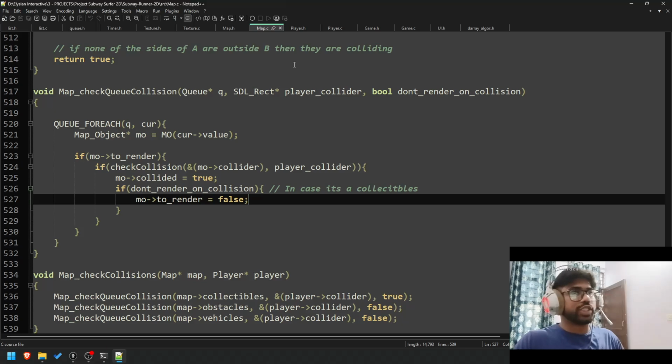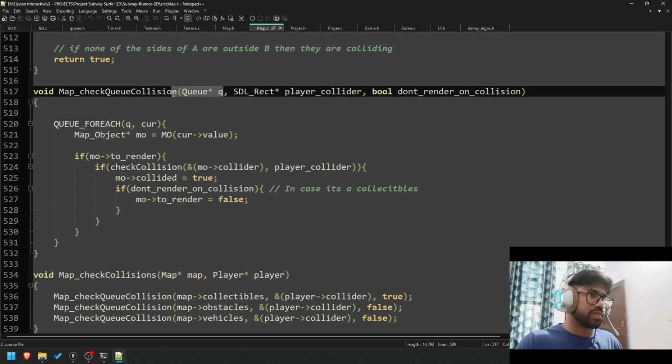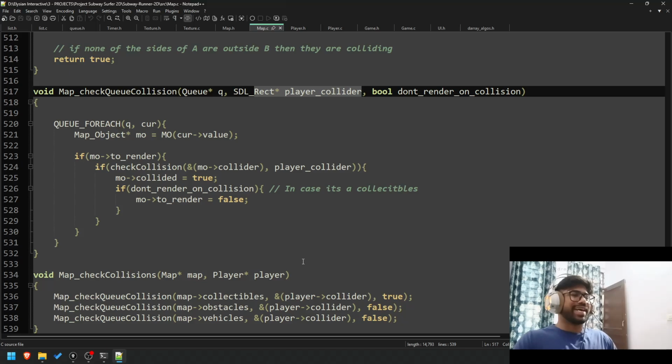I would have to change it to the whole player, because on collision you have the queue, then you have the collider to player, but I have the player here. Okay, I have check collisions against player, and